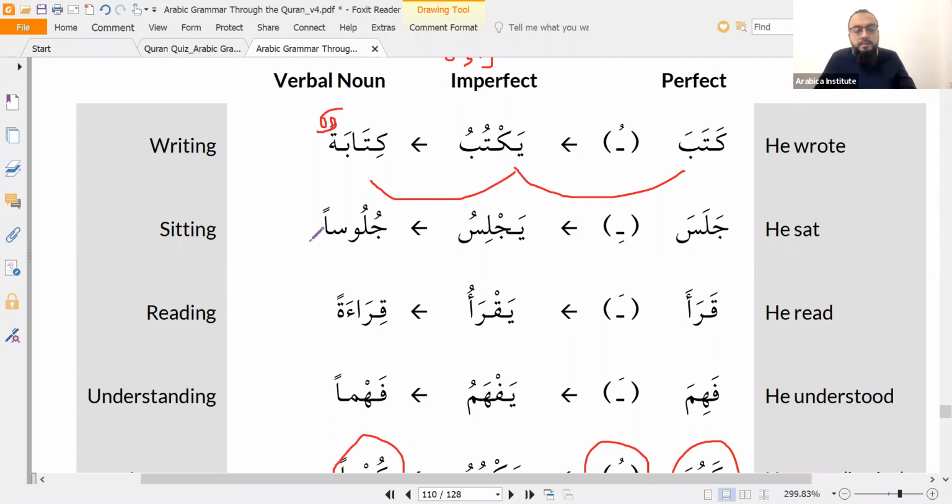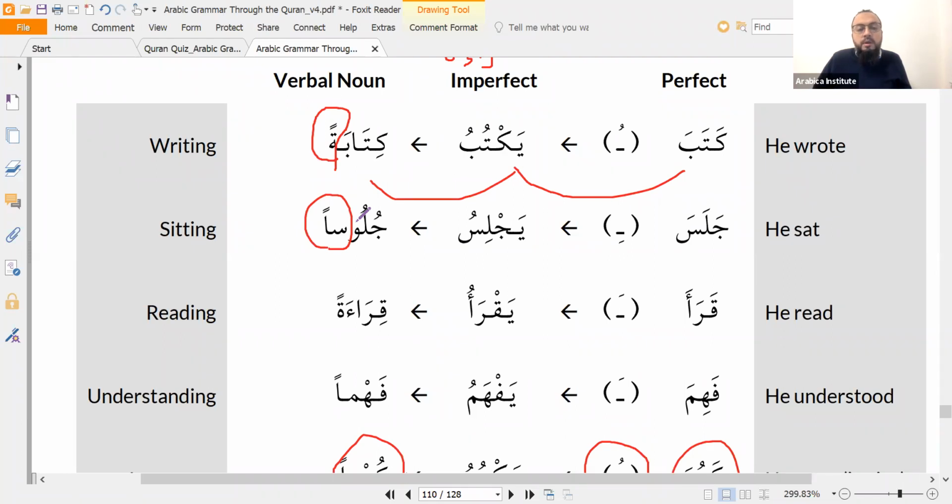However, physically, you'll see that some of these are feminine, right? And some of these are masculine. So when they're used in a sentence, you treat this as though it's feminine, and you treat that as though it's masculine for grammatical purposes. But semantically, there's no gender, of course. All right. Just beware of that. When you get to advanced grammar, there's a whole discussion on the gender of verbal nouns.